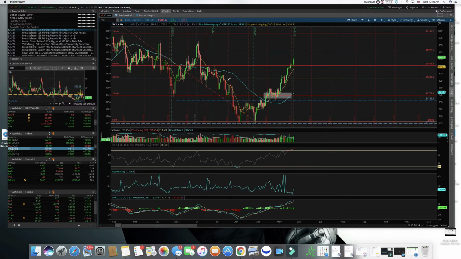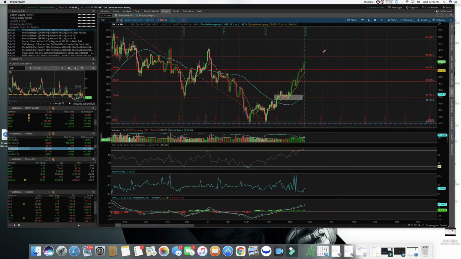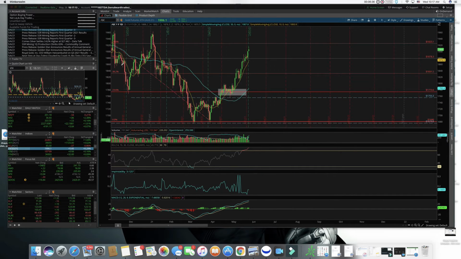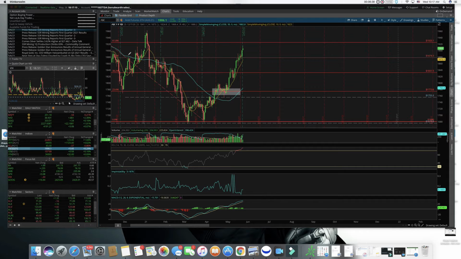We're in the overbought area, so I would expect that as soon as gold maybe gets to 1925 here, at these upper Fibonacci levels, once it gets into this range, that's when we'll see if we get in between the 61.8 and the 50% level.